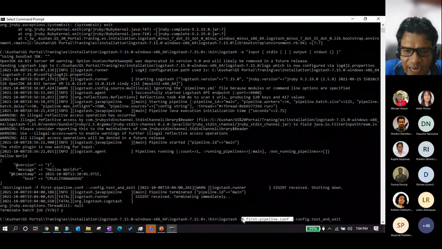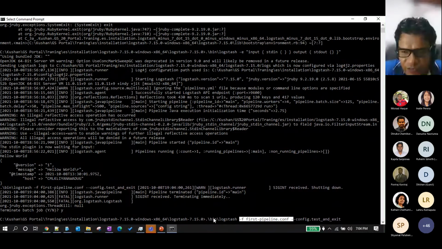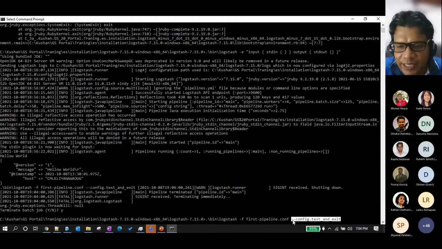Now it will read the configuration file, and for this particular option, the config test and exit option, I have given it because if you have written the configuration file in production systems, it might be a huge file. So you need to check whether your file has the correct syntax.